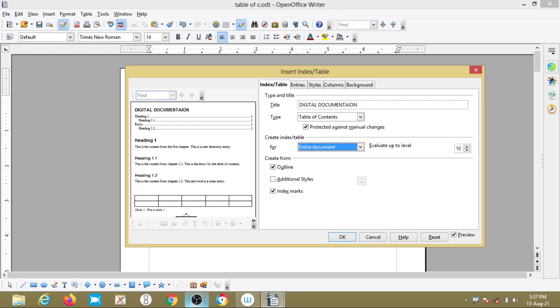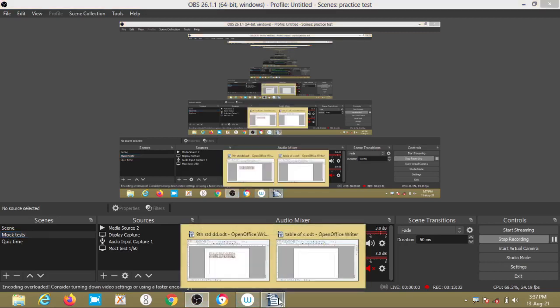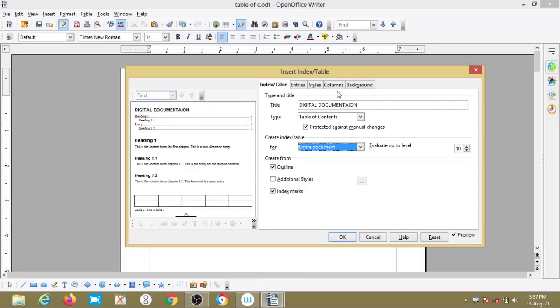Once again I will explain all those things. In the table of contents, that means Insert Index Table here. So this is the preview, right, this is the preview of what we are doing here. If I make some changes here, then they are visible in the preview of the document.